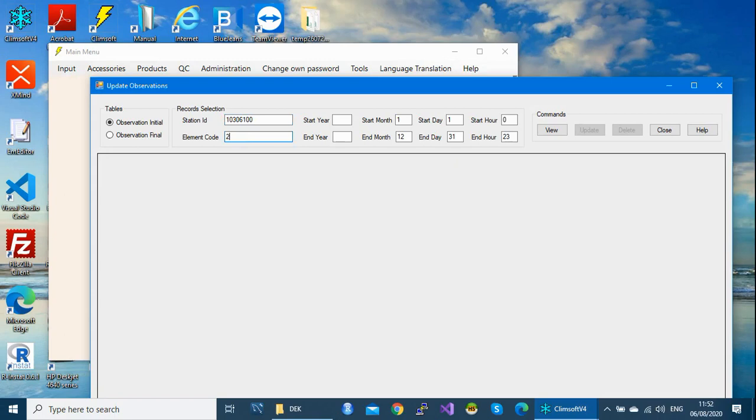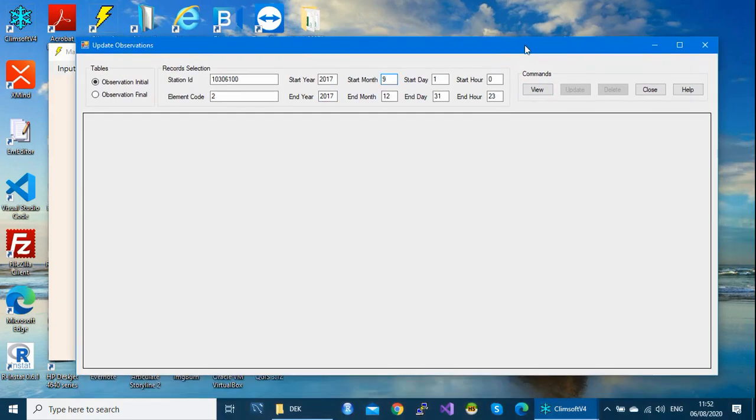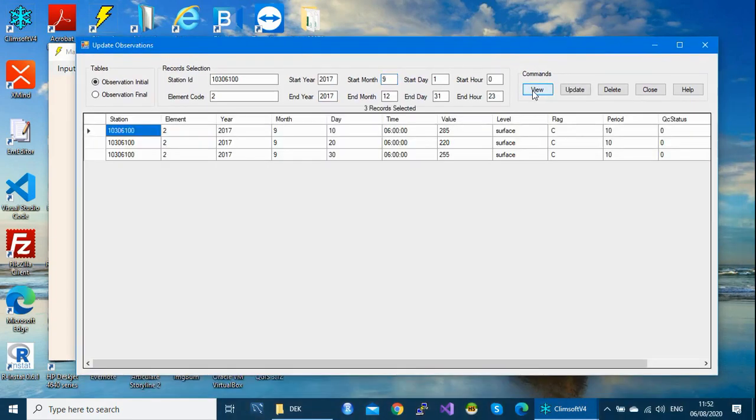Let's check element 2. Remember the year was 2017. The month was November and September. You can start with September, and then click on view. You see? So this shows you that your station were imported successfully. So our month was September. And if you check here, you see now your value were imported